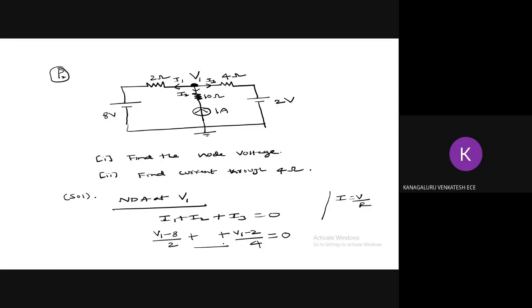You are trying. Good. Come on. So what are you trying to say? V1 by 10 plus 1. So instead of I2, you are saying V1 divided by 10 plus 1. No, sir. V1 by 10 plus 1. Okay, good. One guess from one student: V1 divided by 10 is a current, and then an extra 1 ampere is there, which you are thinking to be added. Okay, this is one guess from one student. Any other guesses?